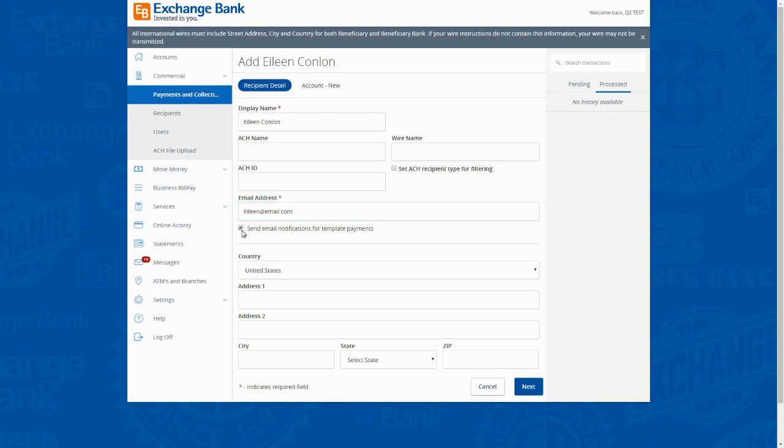And when you check this box, send email notifications for template payments, what that means is, let's say now you're all set up, Eileen's on the payroll, and she's going to start receiving monthly payroll. The next time you go to initiate a payment using this template that has Eileen as part of it, and you have this box checked, once that payment is actually in the pipe and going out, not just scheduled, but once it's been approved and is in the system, she will receive an email to this address saying,